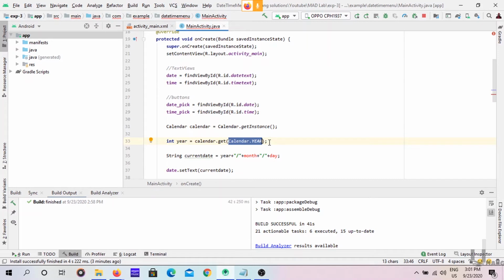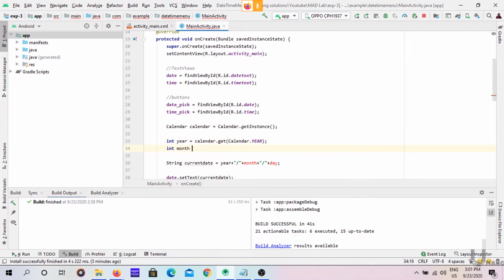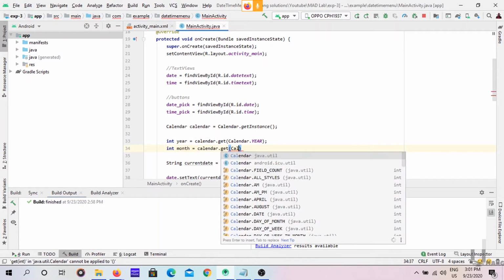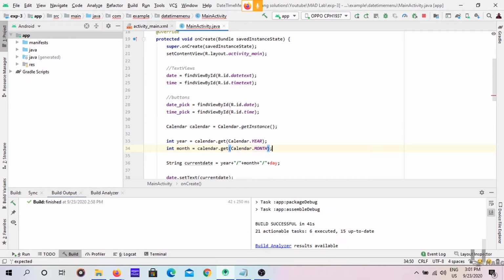In the same way we can get the month. Int month equal to calendar dot get, see, this is the capital C, don't confuse, Calendar dot MONTH, and everything is capital. See, MONTH and YEAR are capital. Don't get confused while writing the code.